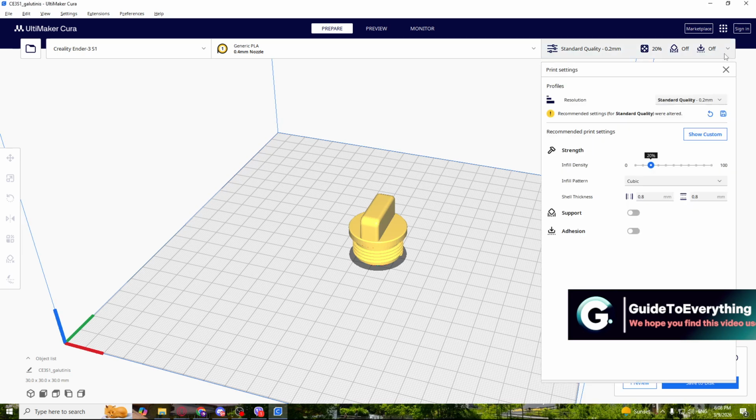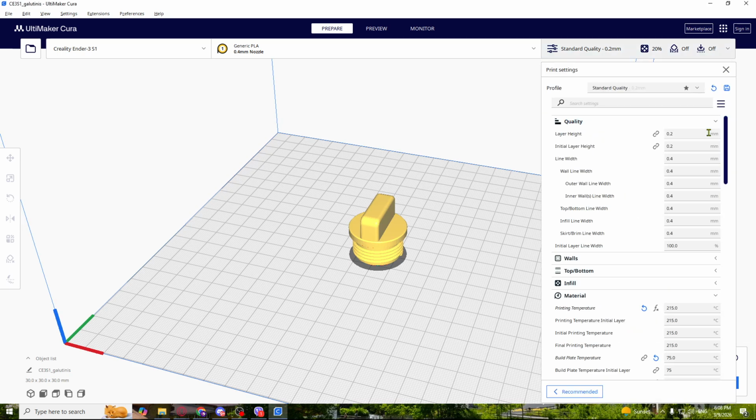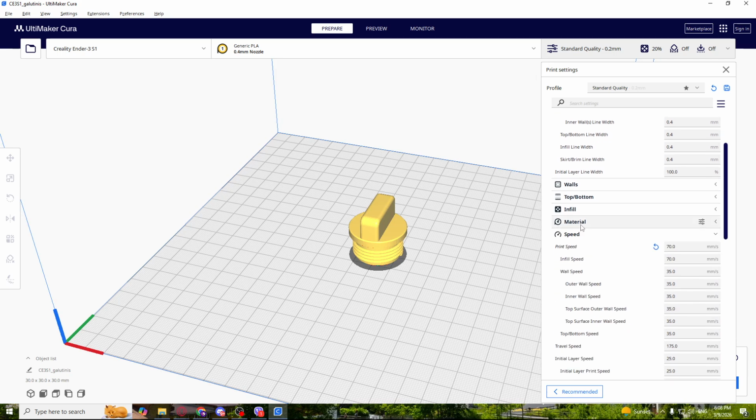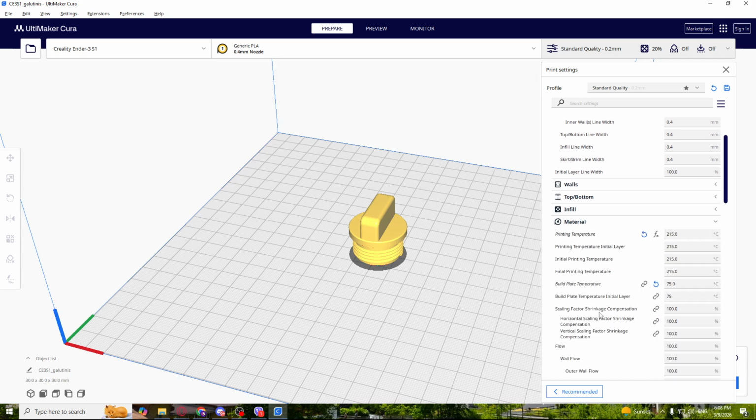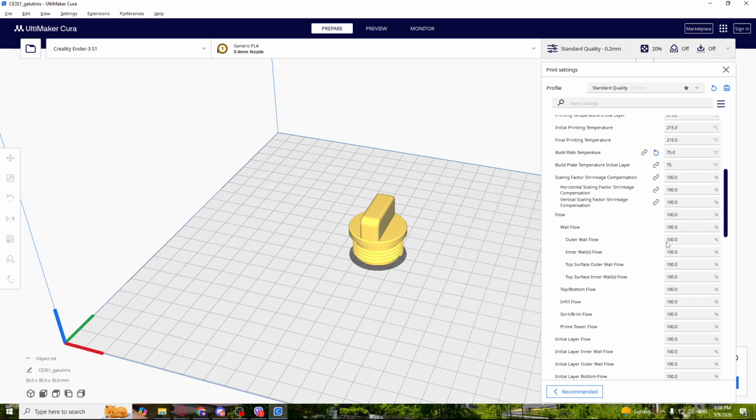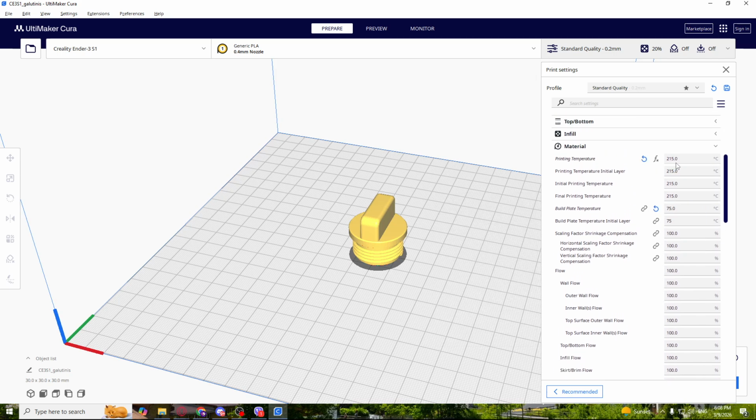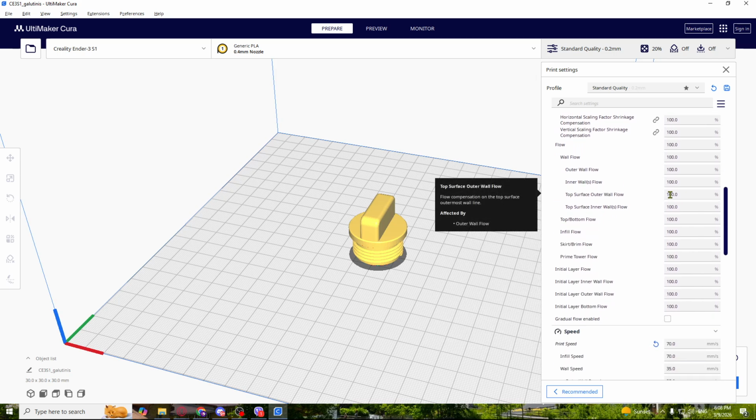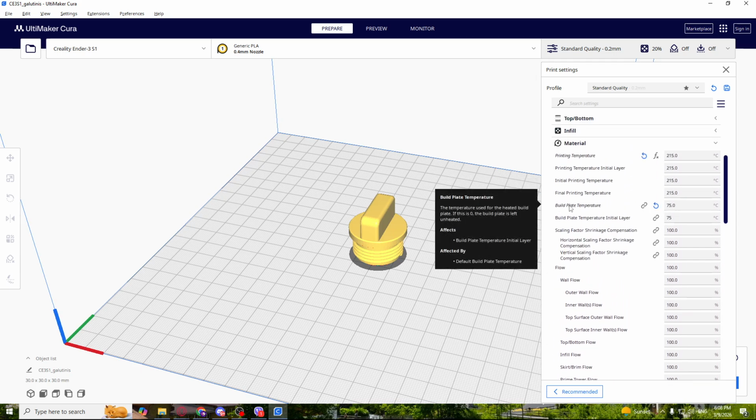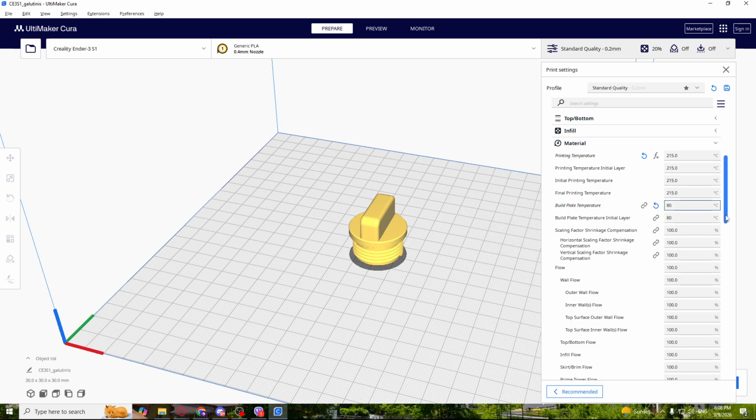So click on this drop down menu, click on show custom settings, and right here you'll see the material tab, as you can see like this. And if you click on this material tab, you'll see the temperature. So let me find the bed temperature. So it is right here, build plate temperature, and what you'll need to do is basically type 80 or 85